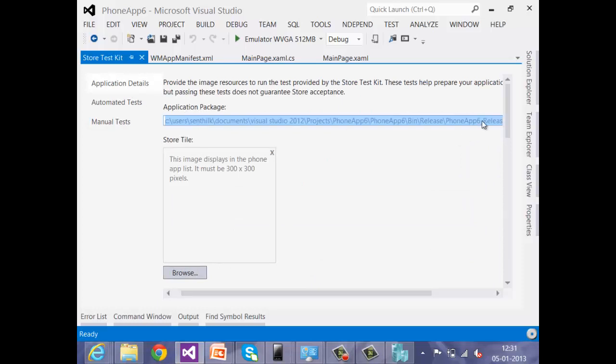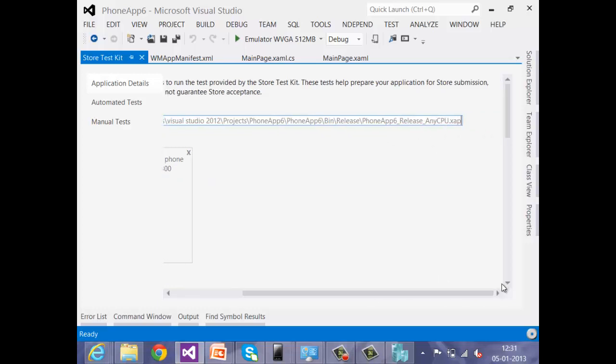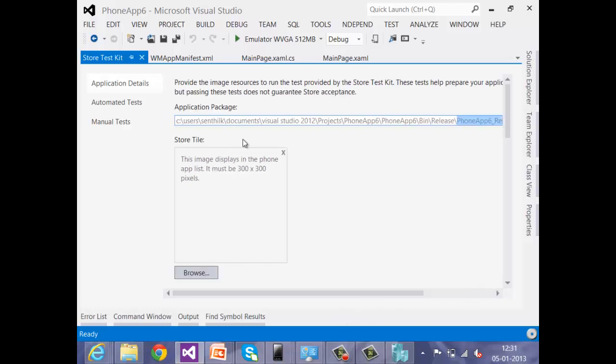This is the zap file of your project. Whenever you build your Windows Phone project in Visual Studio, it creates a zap file and stores it in this particular location. So you will be using this particular zap file to submit it to the marketplace or the Windows Phone Store. So you will be evaluating it in the Windows Phone Store Test Kit using this zap file. Okay.